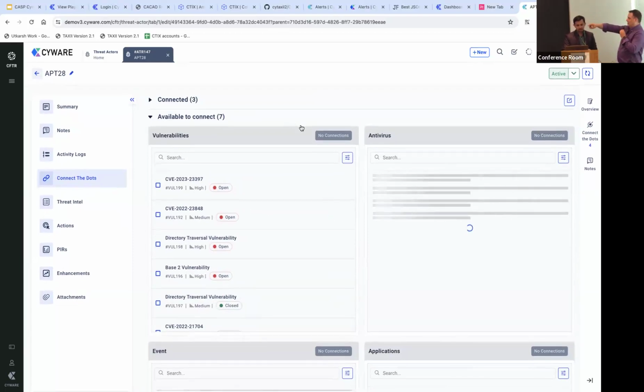Yeah. So you can see here, you've connected, this is what's in this incident, and these are all the things that are related to what's in that incident. You can also visualize this in the chart. Yeah. So I have opened